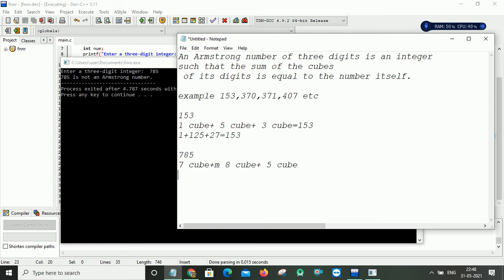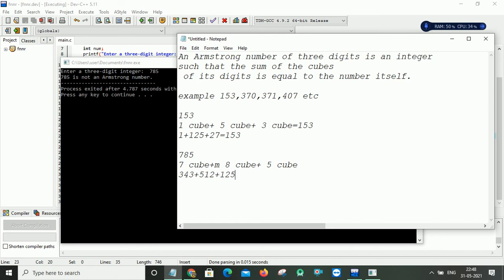So 7 cube is equal to 343, plus 8 cube is equal to 512, plus 5 cube equals 125.